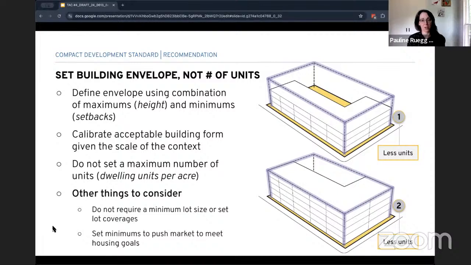We would say first, we tried to create two really strong distinctions between them to tease out some of the issues. So the first approach would be look at setting a building envelope. And this is using both those 2D and 3D standards that we talked about. So you define that envelope using a maximum height and minimum or even maximum setbacks to define that building envelope. And you may want to push and pull that envelope to calibrate it, given the place type that you're in,